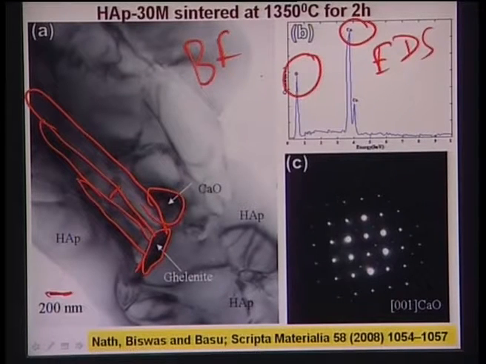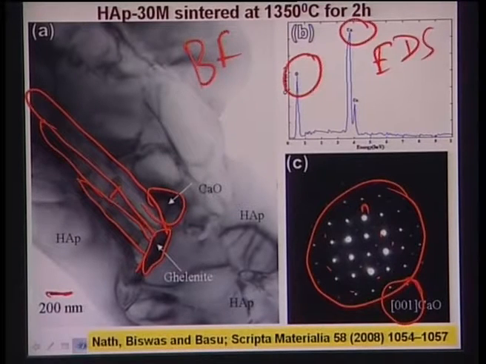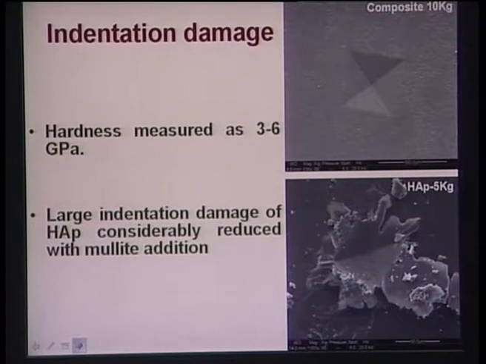It is also confirmed in the SADP, that is the selected area diffraction pattern, at the 001 zone axis, where you can again see these spot reflections from planes. It essentially tells you that this is actually coming from CaO. Now I have shown you enough of microscopy. Now let us discuss the mechanical properties or physical properties of these materials.